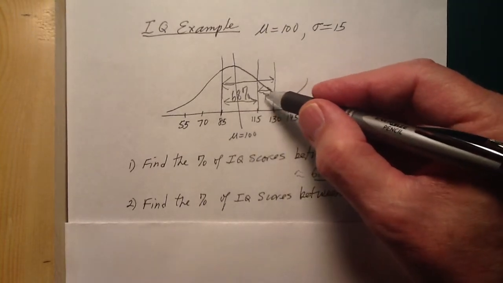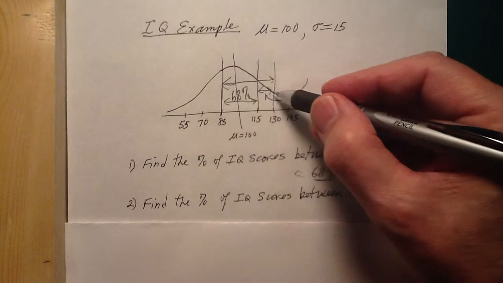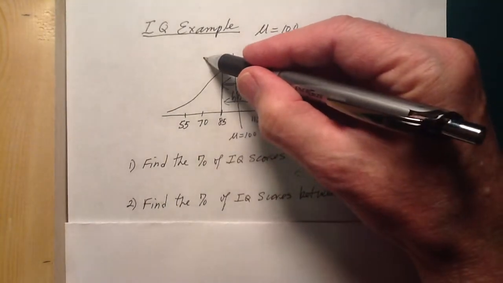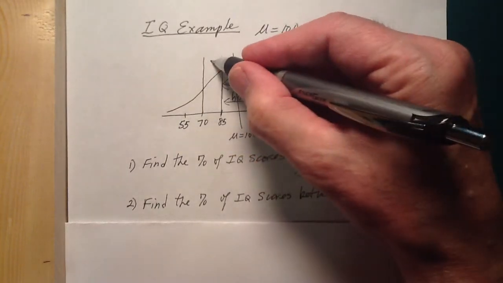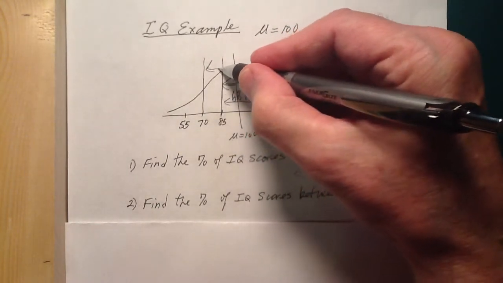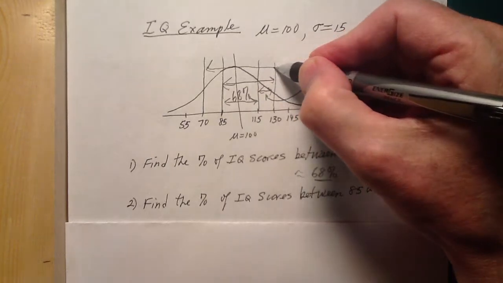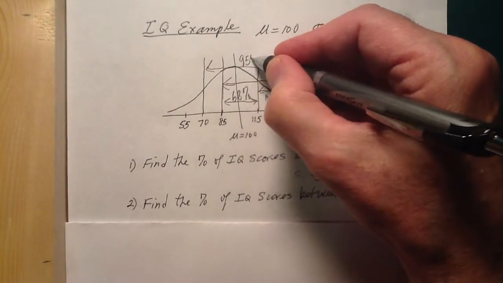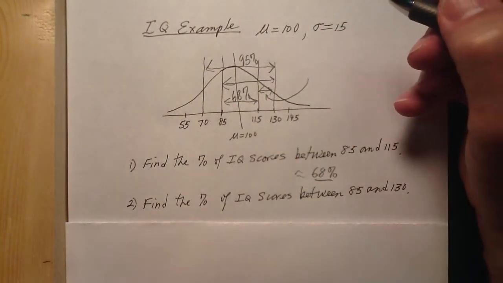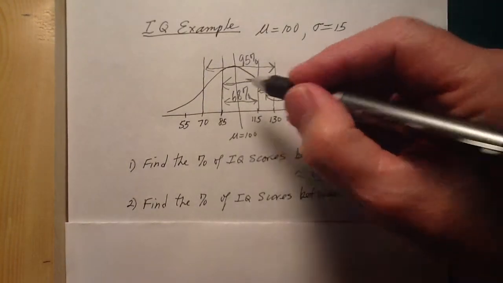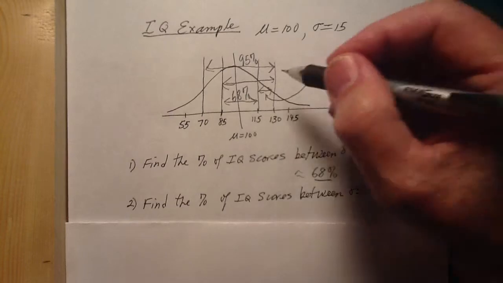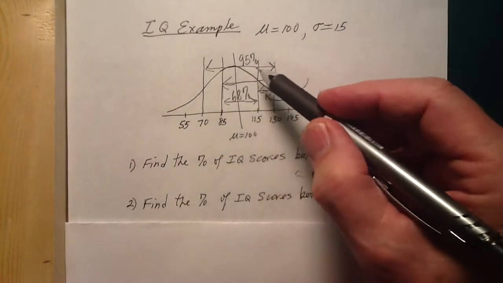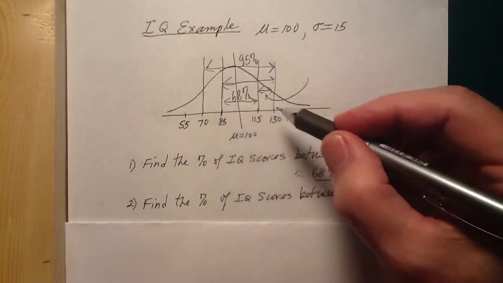Now, what percent of the data falls between 115 and 130? To answer that, we're going to make another line here at 70, and we do know that between 70 and 130, according to the empirical rule, about 95% of the data values will fall in that interval. So we have a little problem here that has some symmetry, and we might have to use some arithmetic. But basically, there's 95% between 70 and 130,